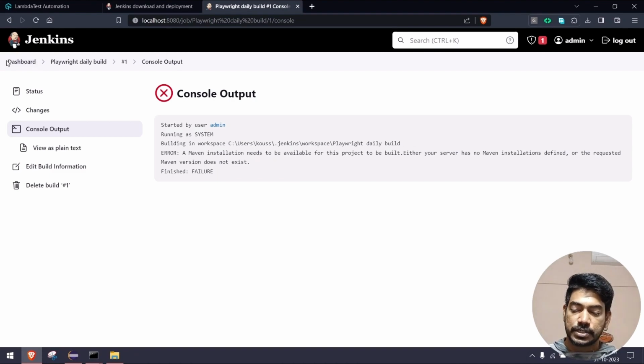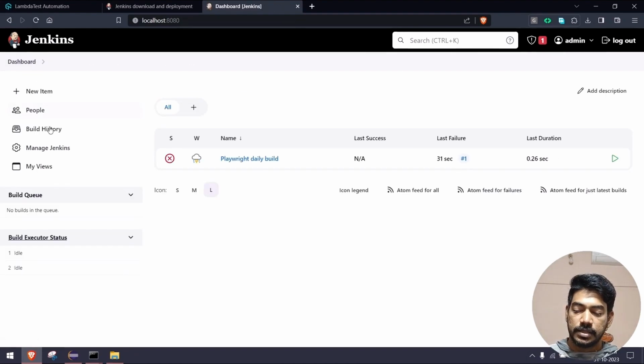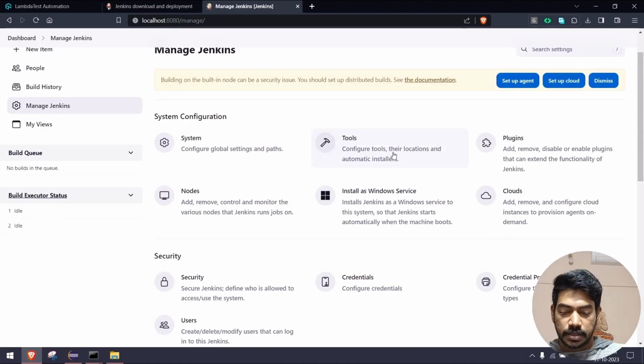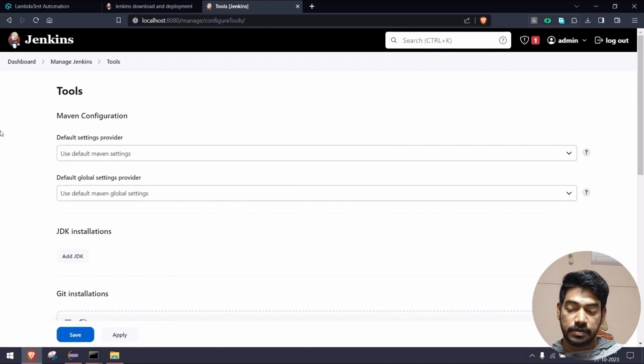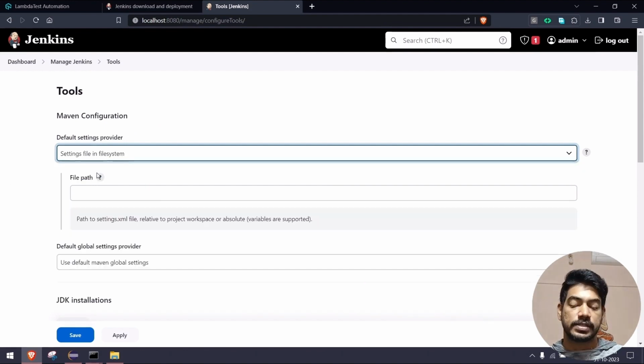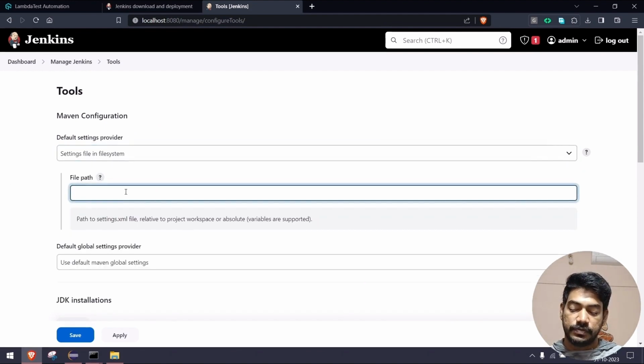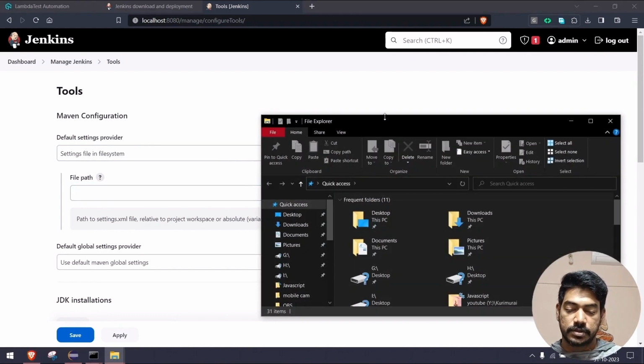So go to the dashboard and then go to Manage Jenkins. I guess we have to go within the tools. So basically we have to set the JDK and the Maven. Okay, so for example, here you can select Maven configuration. So here we will select the second option, settings file in file system, and here we have to give the path. So if you remember, we have our,